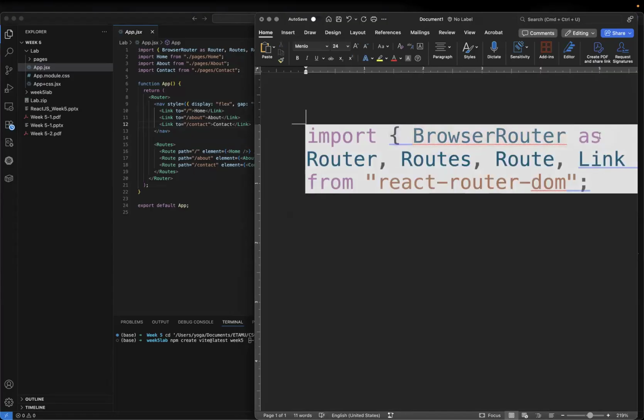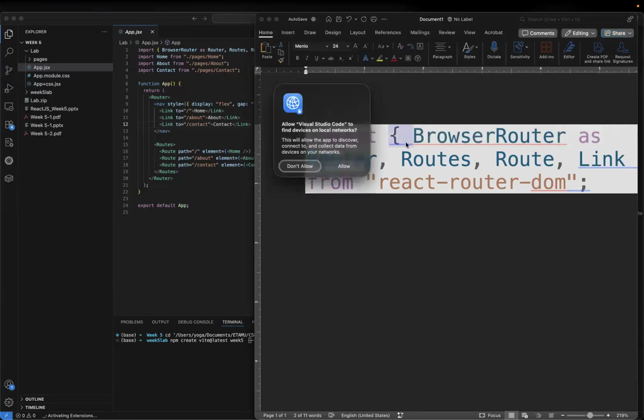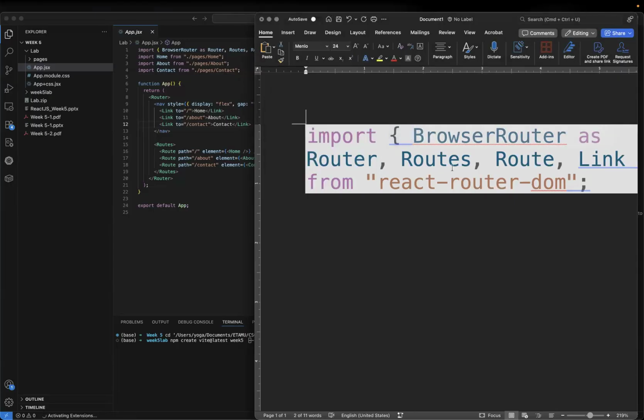Mainly, I would like to highlight this one. You can see the browser router, and then we're putting as router. So we can rename your import. Right here, if you look at the import, local devices. If we need to import